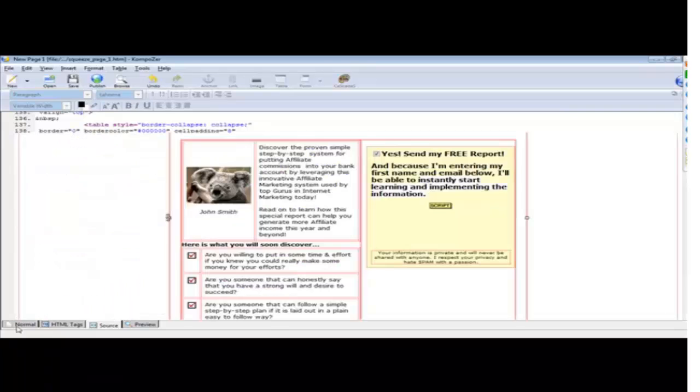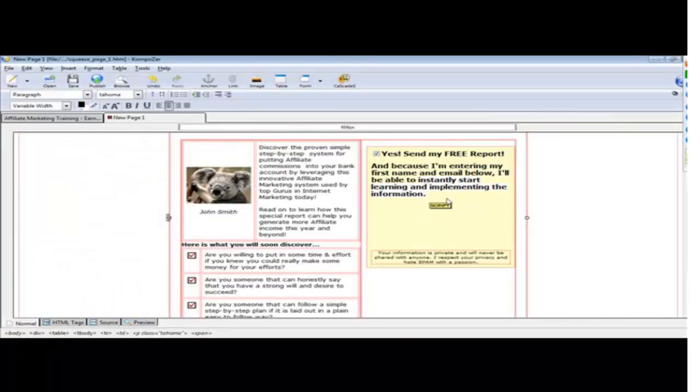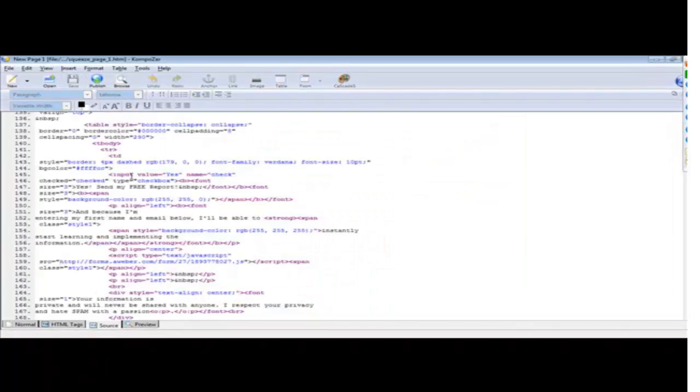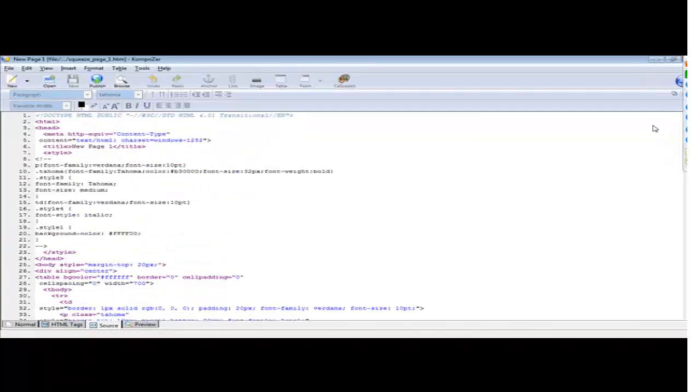And then let's come on in here, and you'll notice it should look a lot smoother now. So now it's just going to say script up there, and now we can save our squeeze page right here. So we can go ahead and save our squeeze page, or you can go up here to where it says source file, and you can scroll all the way up here and go to the title section and do something